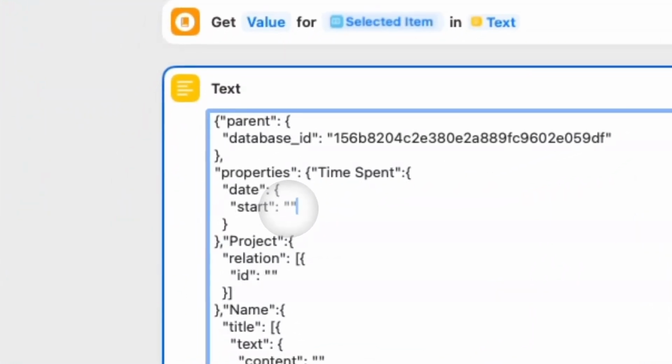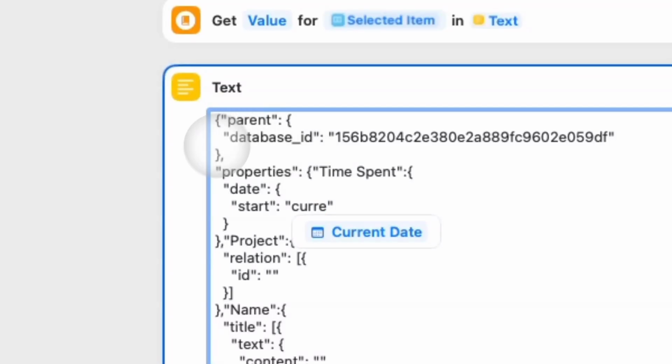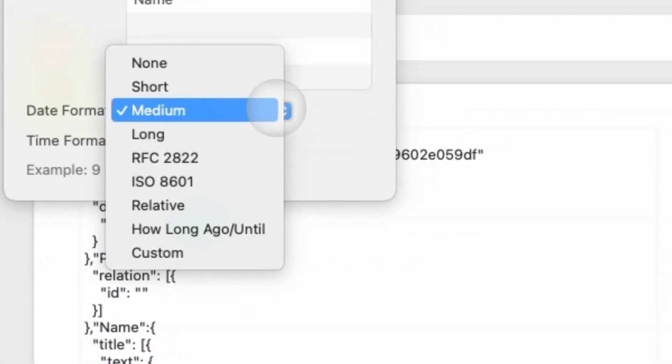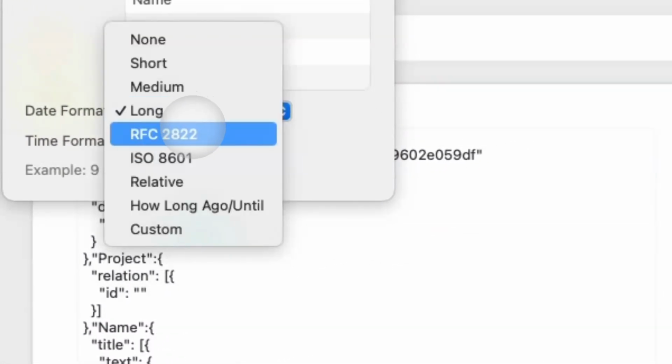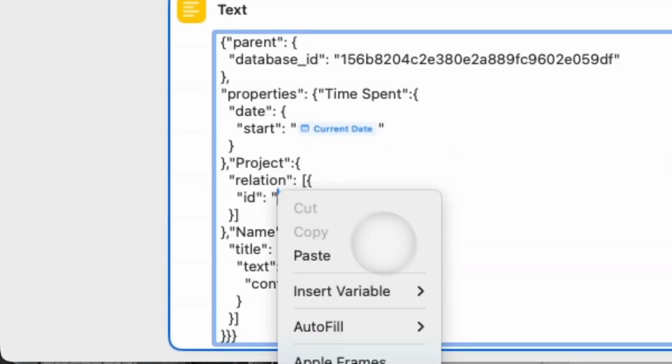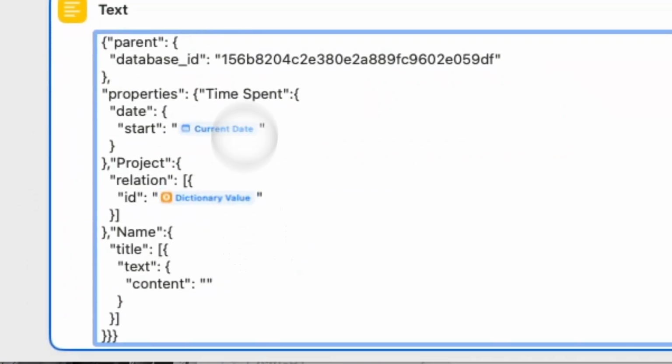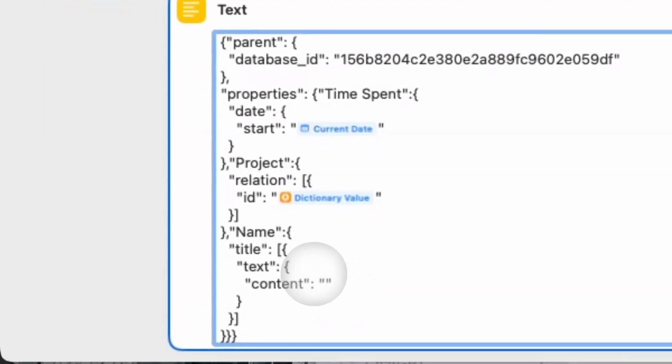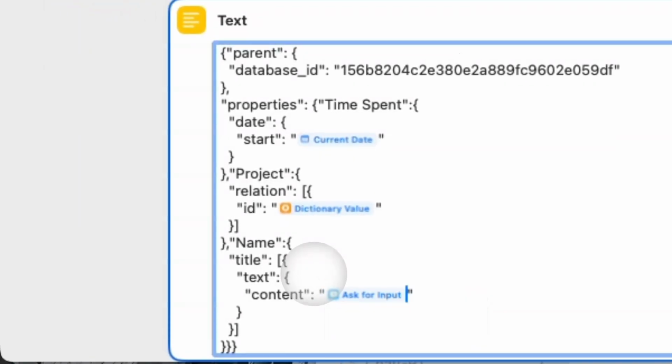We only need to fill in some data. These quotation marks are just to be current date. Okay, ISO 8601, include time. In project, we're just putting this dictionary value, and in name, we are putting as for input,